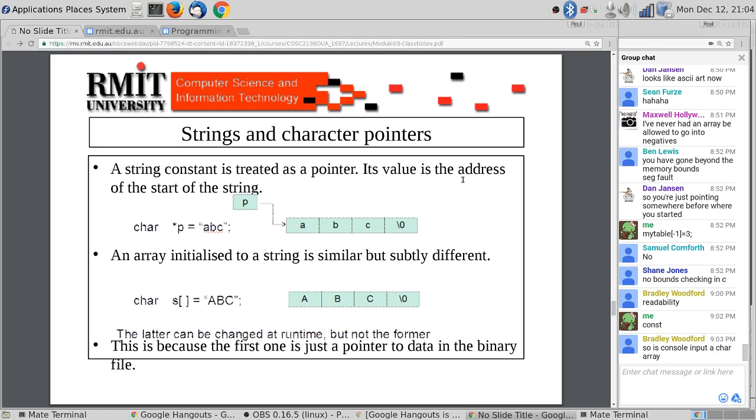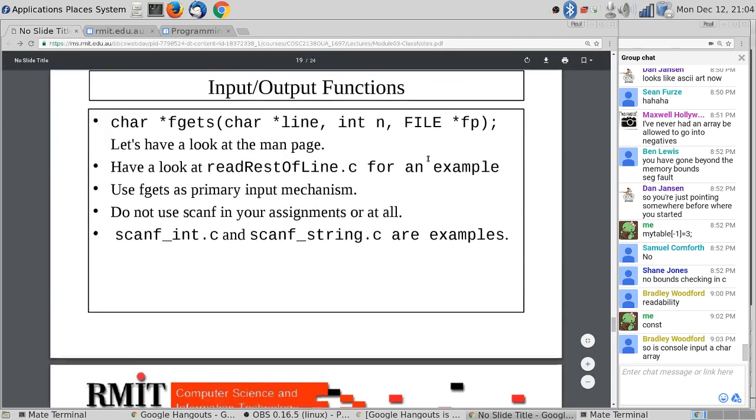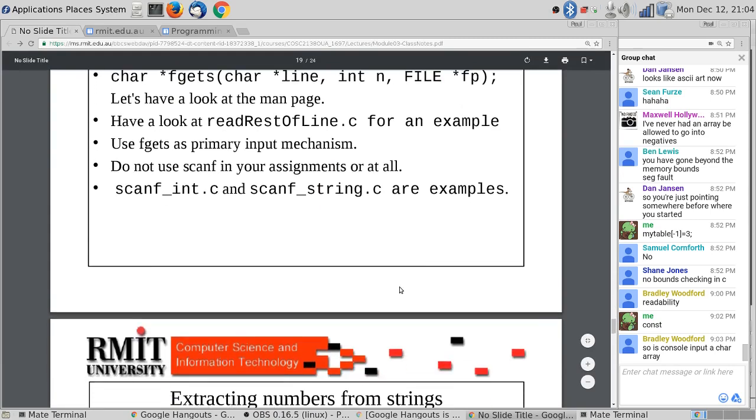The second actually copies ABC into S. So the compiler says, oh, ABC, that's 4 bytes. So S will be 4 bytes long because of the null terminator. Okay, so